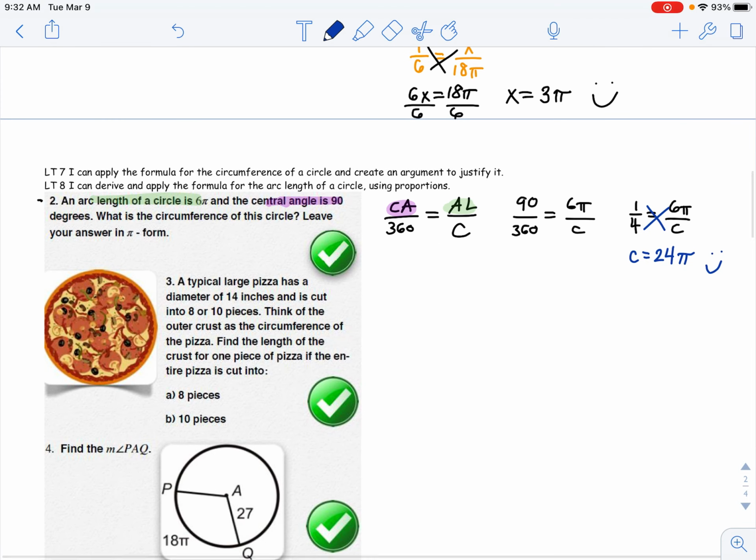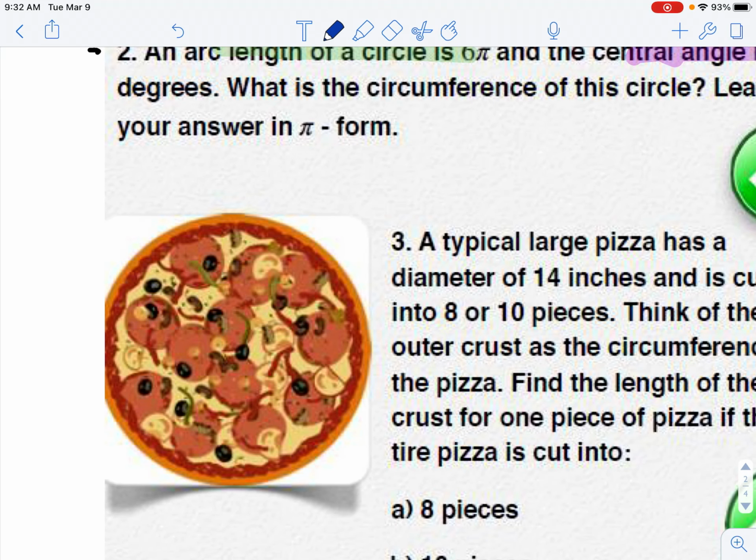All right. A typical large pizza has a diameter of 14 inches. All right, so let's go ahead and actually,